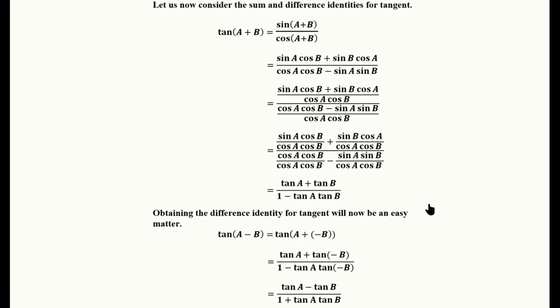Now we can go ahead and use both the sum identity for sine and the sum identity for cosine to derive an identity for tangent of a plus b. So just replacing sine of a plus b with what it's equivalent to, which is sine a cosine b plus sine b cosine a, and also replacing cosine of a plus b with what it's equivalent to, which is cosine a cosine b minus sine a sine b. Now we notice here that